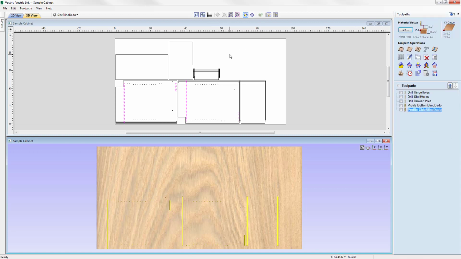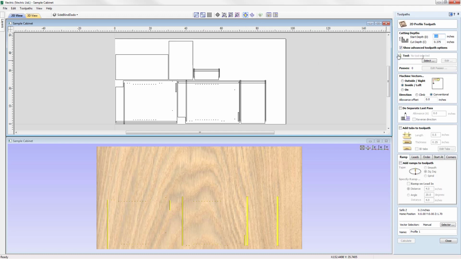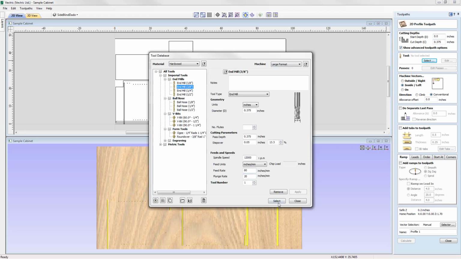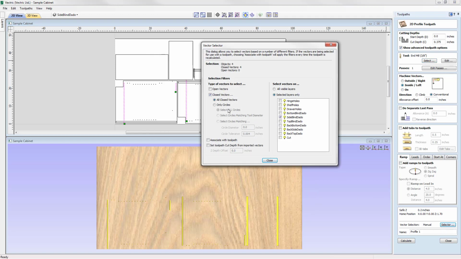Let's close out, click into the white space. We're going to look at the last profile toolpath now. So back into the profile toolpath. Again, same cut depth, into the tool database. We're going to select the 3/8 inch end mill. We're going to machine on the inside. Using the vector selector option, we're going to use all closed vectors,